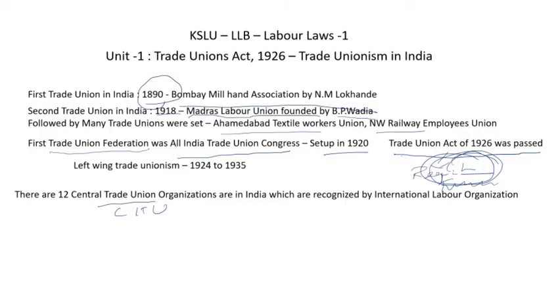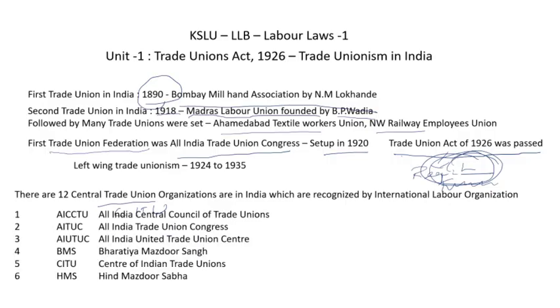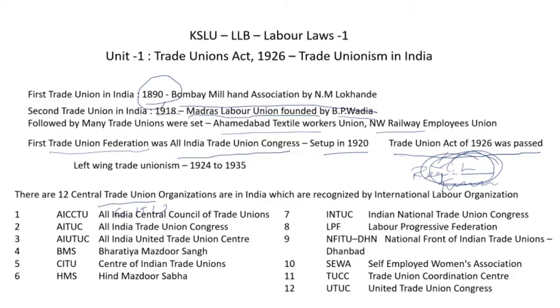Those 12 central trade union organizations are All India Central Council of Trade Unions, All India Trade Union Congress, All India United Trade Union Centre, Bharatiya Mazdoor Sangh, Centre of Indian Trade Unions, Hind Mazdoor Sabha, INTUC, Indian National Trade Union Congress, Labour Progressive Federation, National Front of Indian Trade Unions, Dhanbad, and Self-Employed Women's Association,